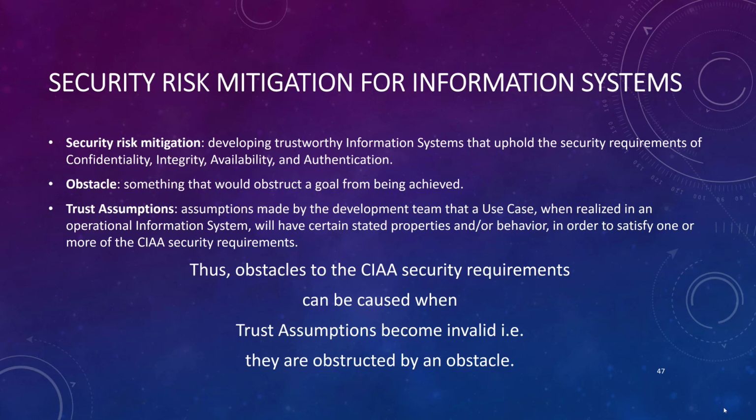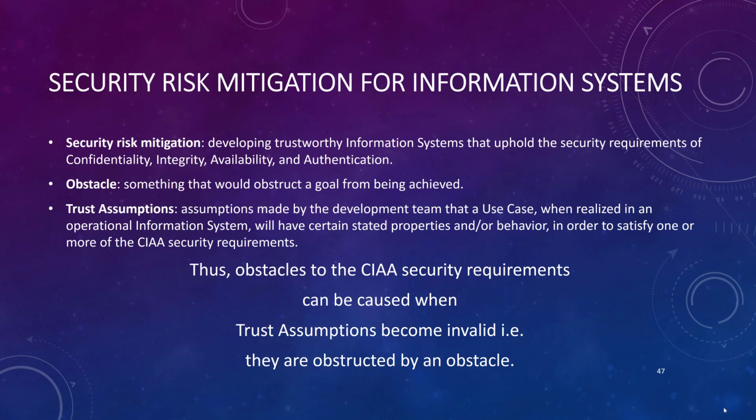So first of all, it starts with this idea that we need to maintain the confidentiality, integrity, availability, and authentication of systems. Now, authentication is the author's different word for accountability. So it's the same thing, though. It's still a CIAA model. An obstacle is going to be something that obstructs one of those security goals from being achieved, and there are trust assumptions that are made by the development team using use cases. And we're going to explore this using a student and a lecturer as an example later on in this particular